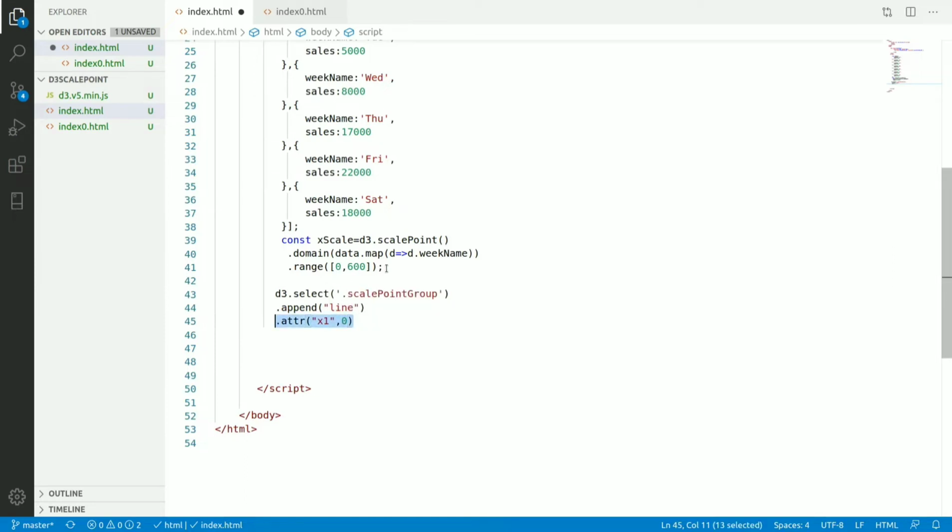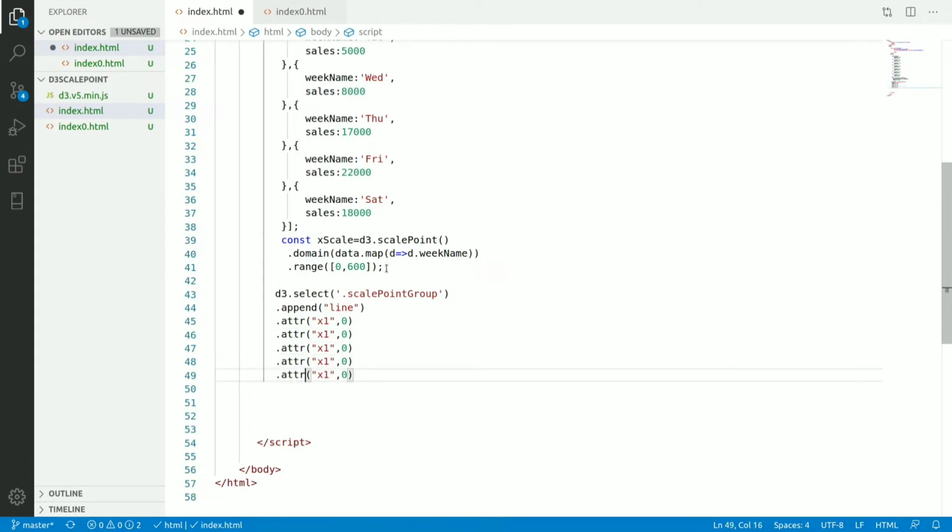I want to create the vertical line now. Style stroke will be 000. Now x1 will be 0, y1 also 0, x2 again 0, and y2.